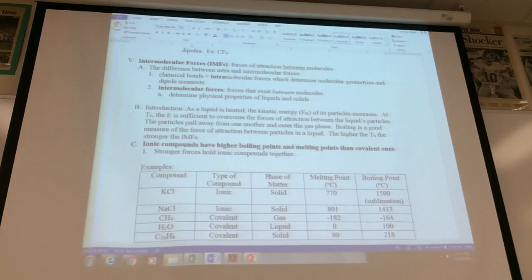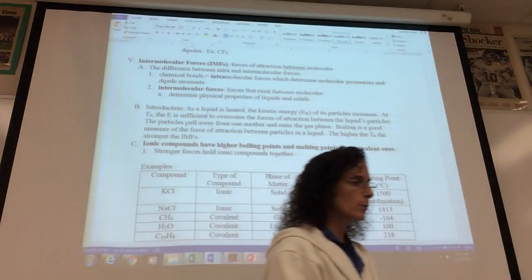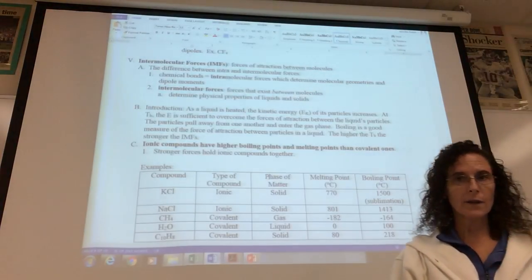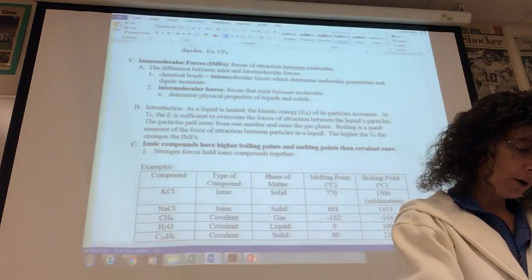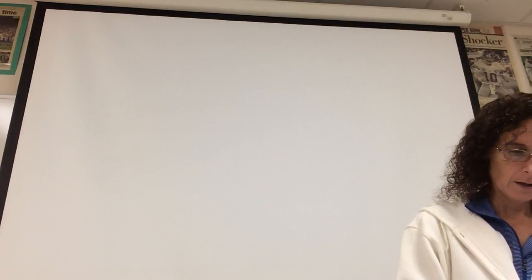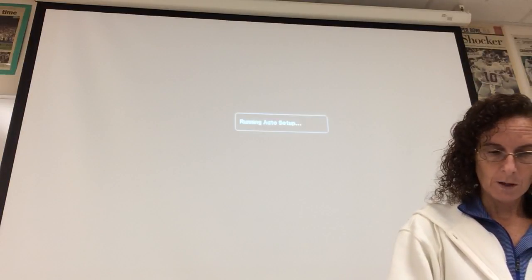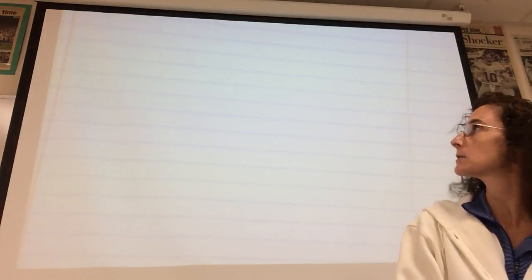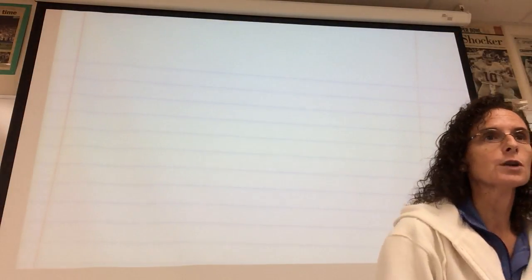Okay, so the last part of this unit focuses on intermolecular forces, which is abbreviated IMF. I want to make it clear what the difference is between intra and intermolecular forces, because this often becomes a problem for some of the kids. All right, when we're talking about intramolecular forces,